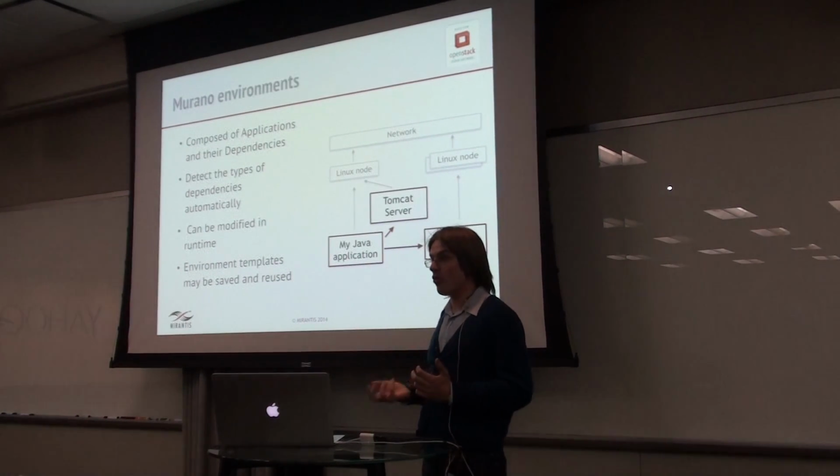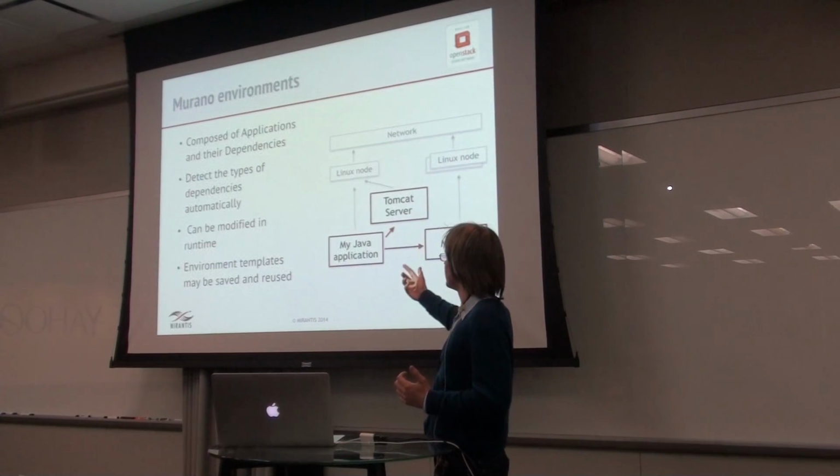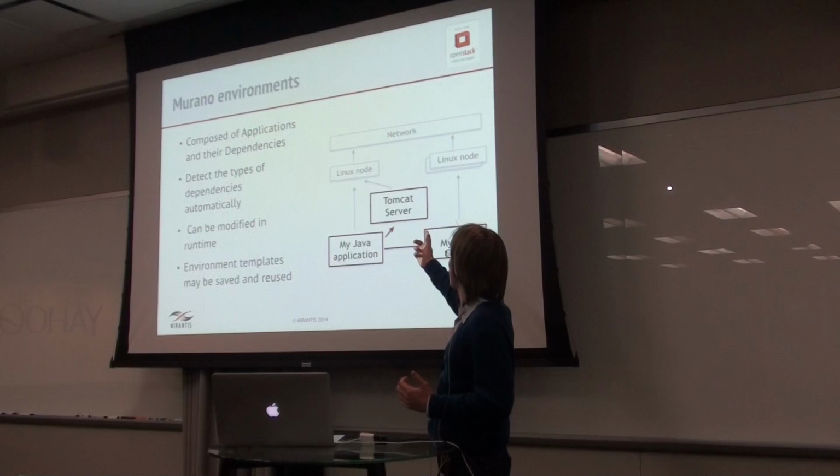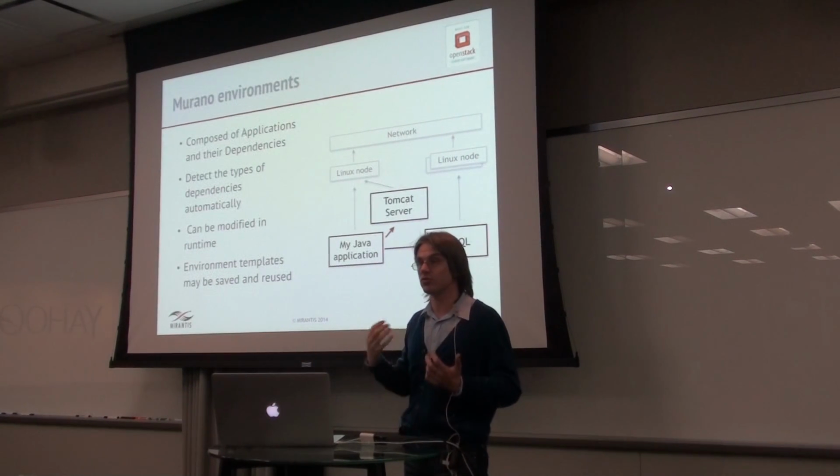From Murano's point of view, all of these are Murano applications, and they may be interdependent. So the Java application requires a Tomcat servlet container to run on, and it requires a MySQL database to store